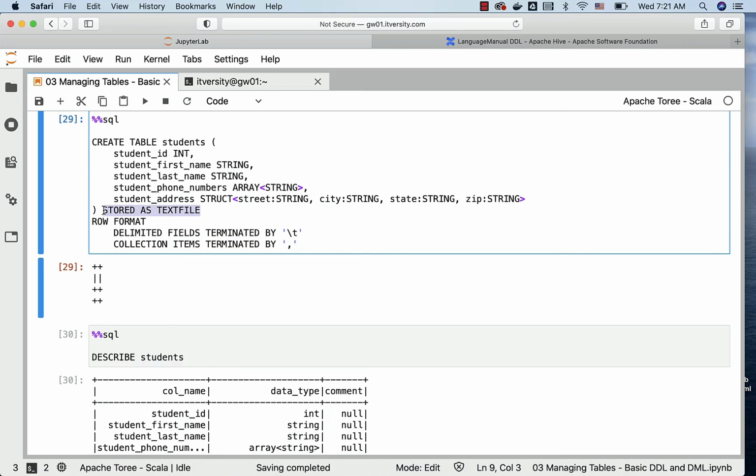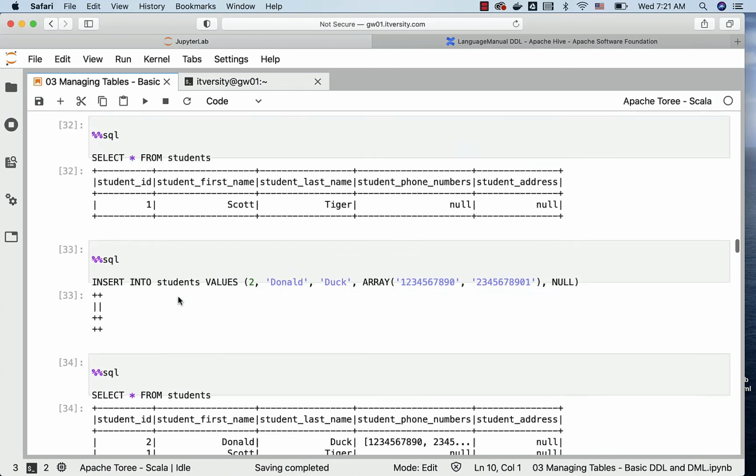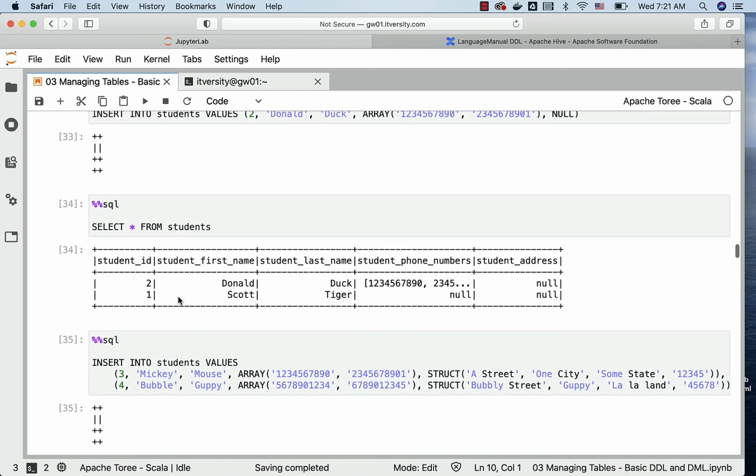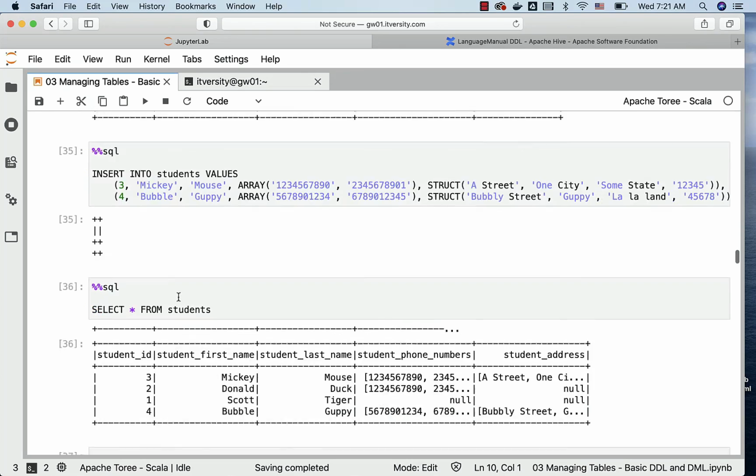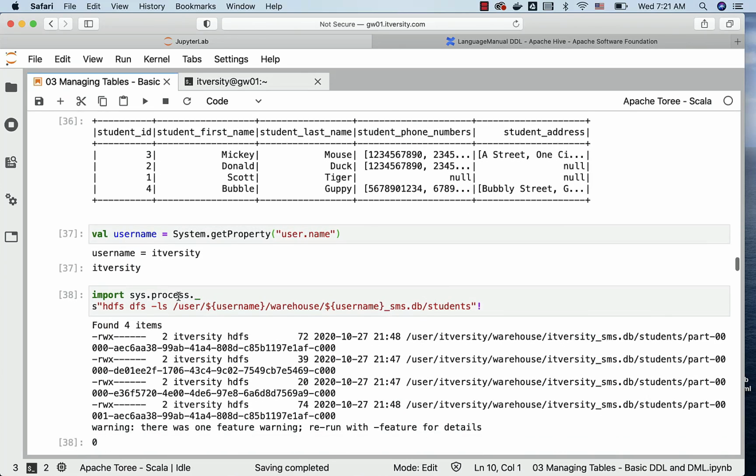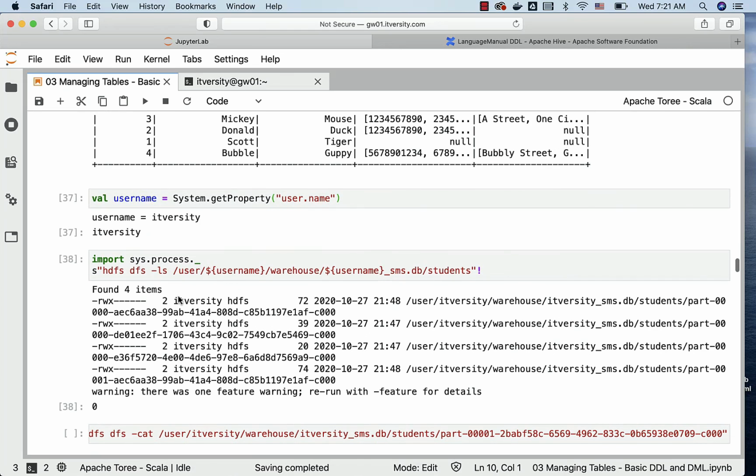If you don't have stored as clause, or if you have stored as text file, you need to make sure that these additional clauses are included while creating the tables, not only for regular fields but also for advanced fields such as array, struct, etc. That being said, this is a quick detailed overview about data types. Depending upon your problem statement, you should be in a position to explore and start using it, and then you can take it further.